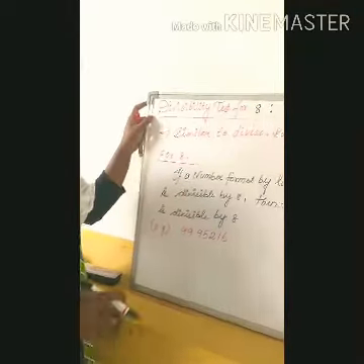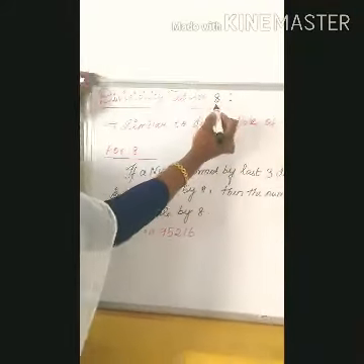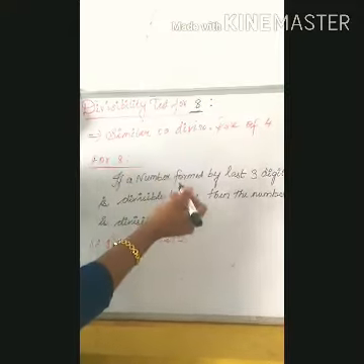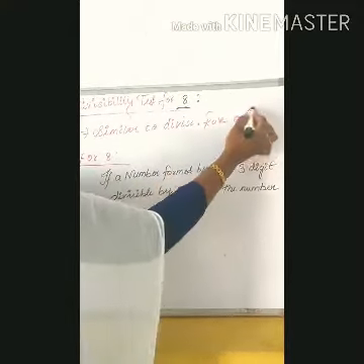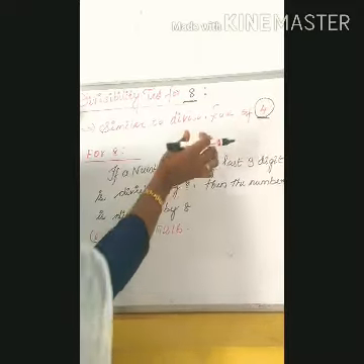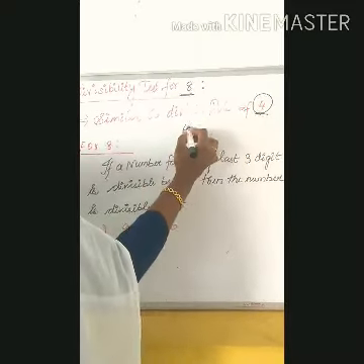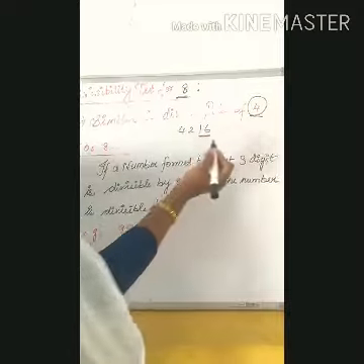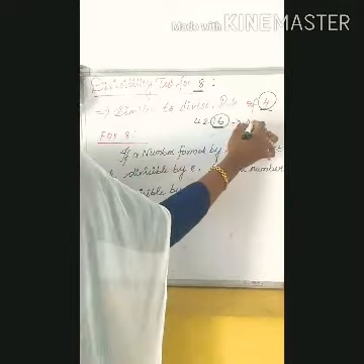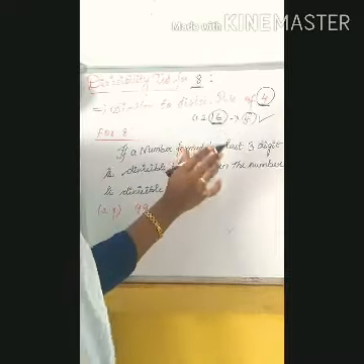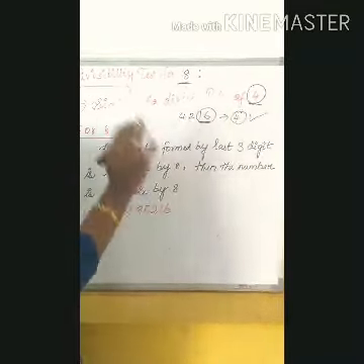Okay, children, next we will see the divisibility test for 8. This divisibility test for 8 is similar to the divisibility test for 4. In 4, what will we do? We will check the last two digits. Suppose the number is 4216, we will check with the last two digits. If these last two digits are divisible by 4, then the whole number is divisible by 4, we have said. Similarly for 8 also.